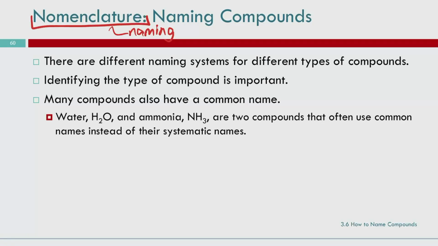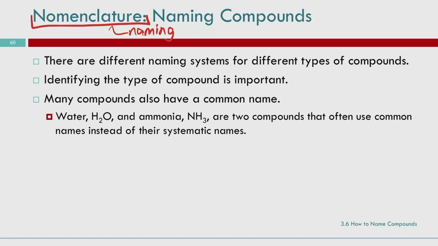And we've got different naming systems. We are going to learn 3 different naming systems. We're going to learn the simple versions of these naming systems. It gets way more complicated. We're not going to learn that. So we're going to learn the simpler stuff. It's still going to be a lot. It's going to feel like a lot. That's understandable. But we're going to go through it, and hopefully you'll be able to make sense of how we're